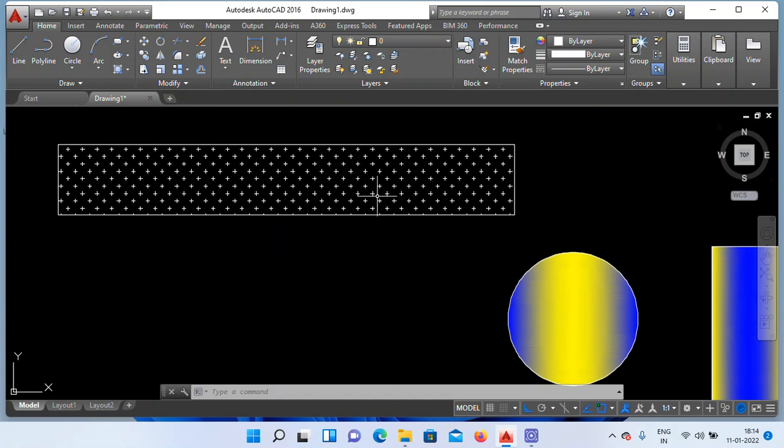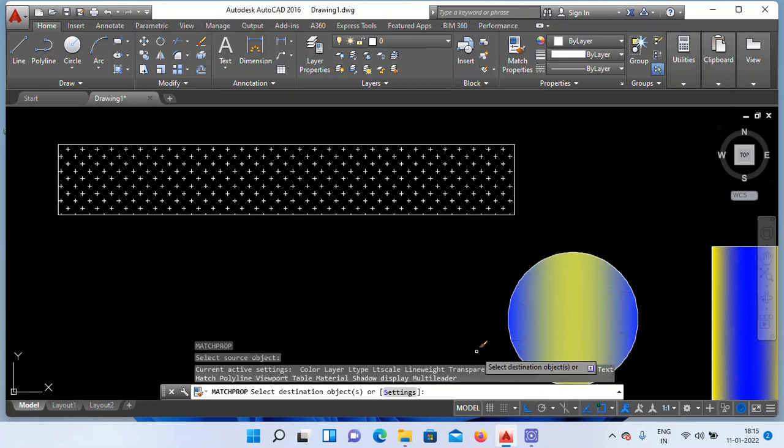I want to change this design into glass. I need this type of glass. So apply the match command. Just type only two letters, MA. Enter. Click on the required aspect which you want. I want this glass, so click here. Click on this object. Right. Next, click on the changeable design which you want to modify. I want to change this. Click.